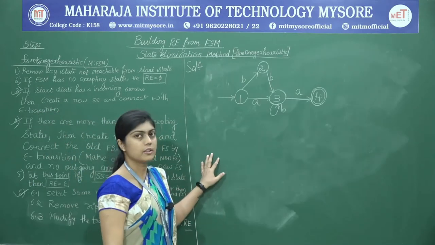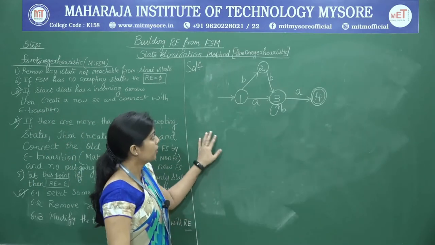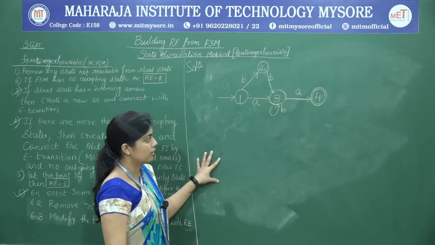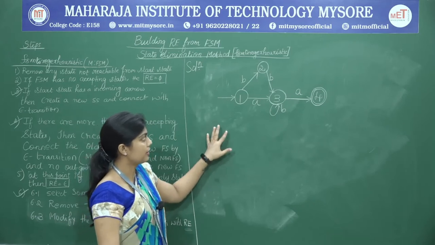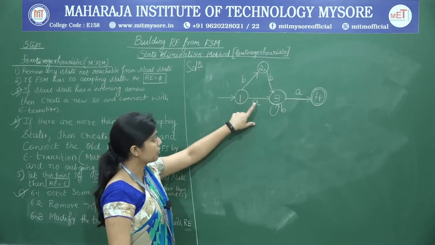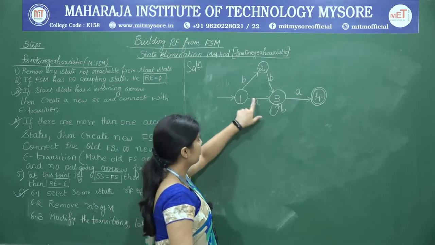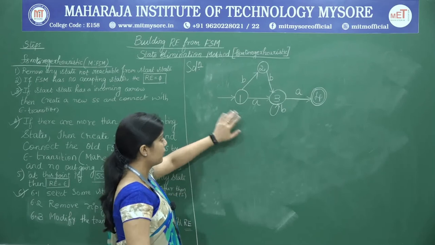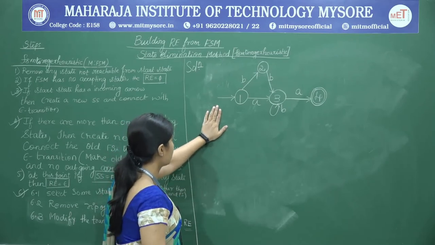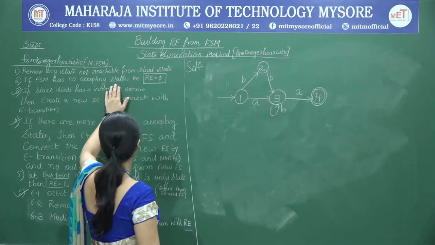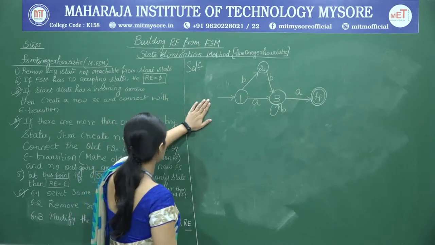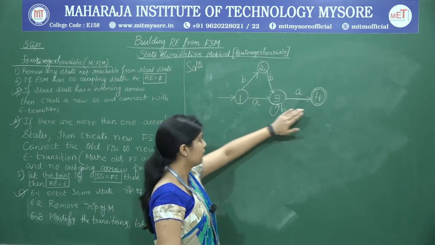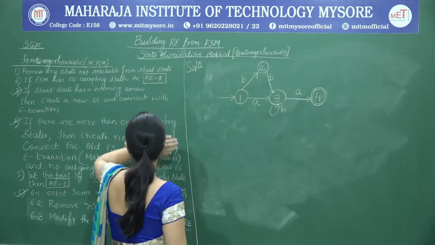Now we will solve the second problem. If you look at the problem here, we will go to the first step and check if there are any dead states. When you examine the solution here, there are no dead states. All the states have at least one outgoing arrow except for the final state. So the first step does not hold good. Then we will go to the second step, and we see that there is at least one final state, therefore the second step will also not hold good.